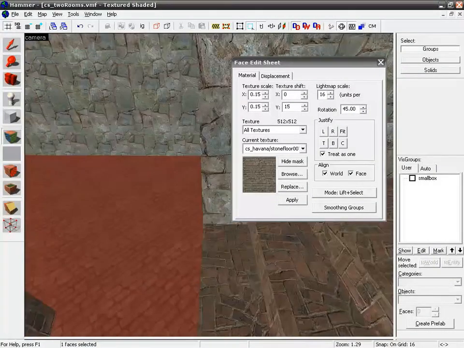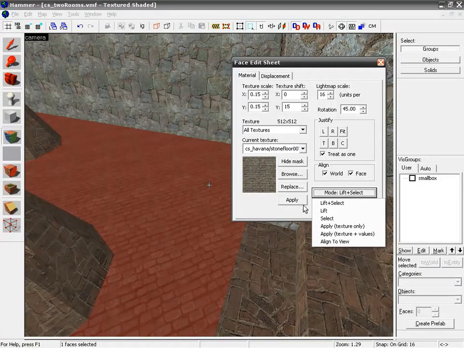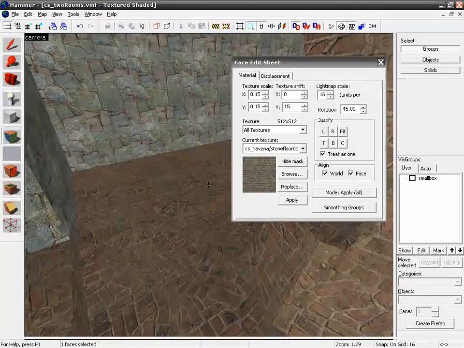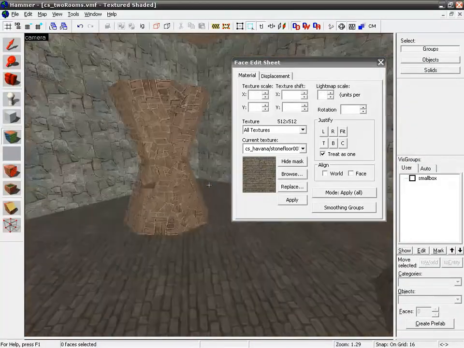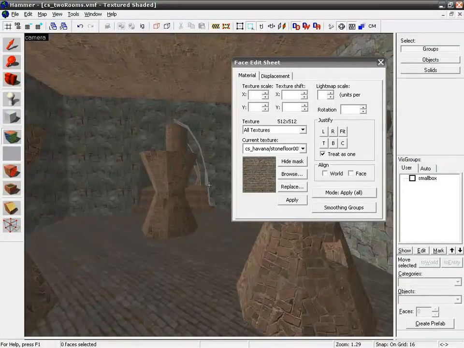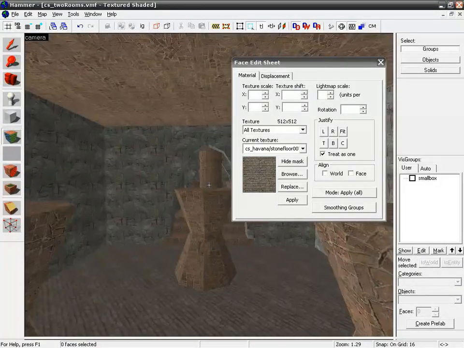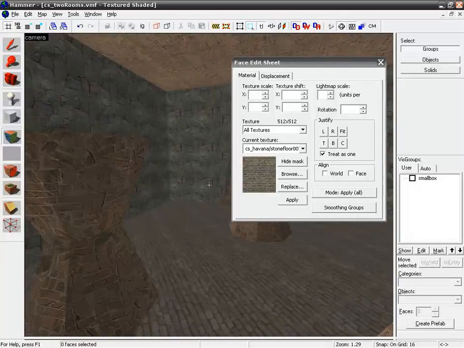Click to select our texture. Switch to the Apply Texture and Values. And left click the floor in our other room to match. Alright. Getting kind of dark, but it's kind of a good feel. So let's